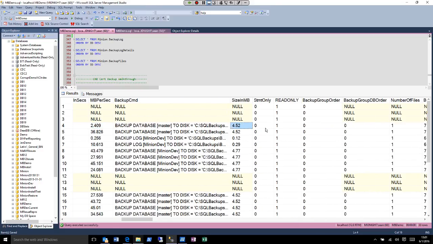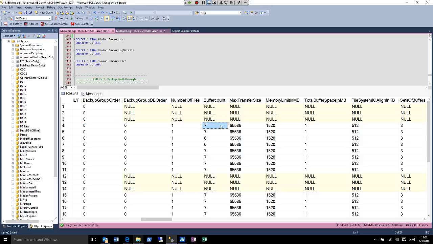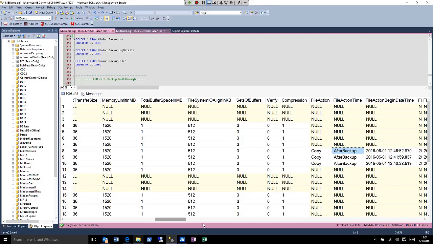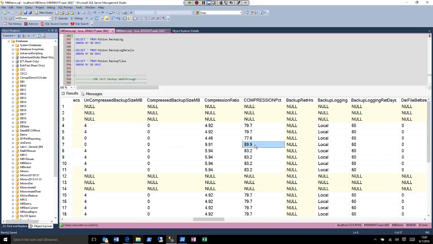We give you the size, what the read-only setting was, the backup group order that was used, and at the same time we give you the buffer count, the max transfer size, the memory limit, the number of files. We give you the total buffer space, the file system alignment. We give you the sets of buffers, whether it was verified, whether it was compression, whether or not it was set to copy and when, and how long that copy took, the uncompressed size, the compressed size, the compression percent, the backup retention hours,